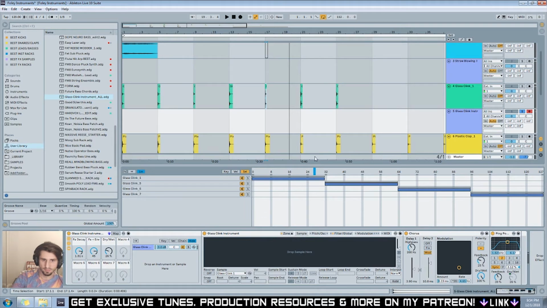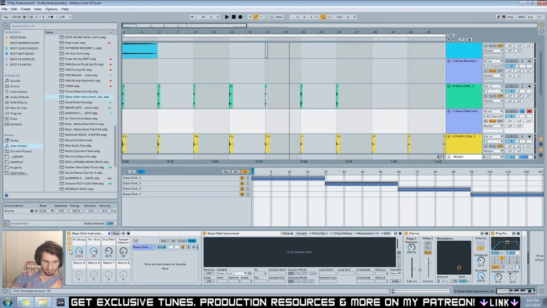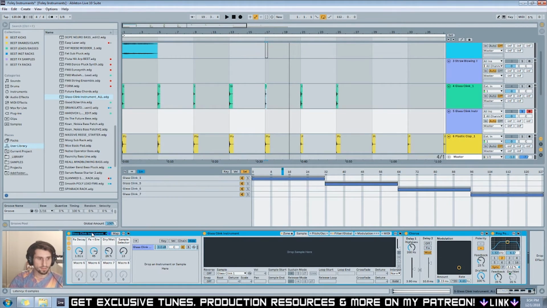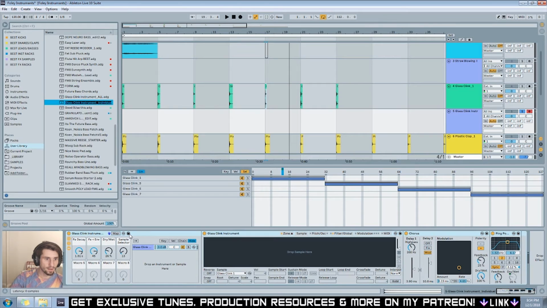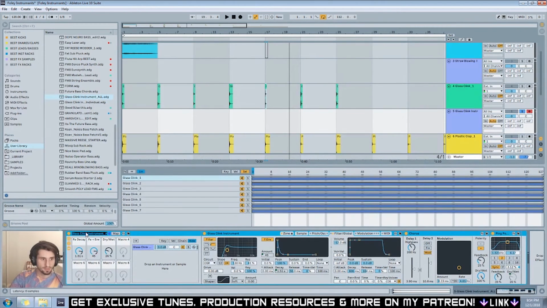Go ahead and hit distribute ranges equally again to get this back. And then right click on your chain selector here and map this to macro 4. So I'm going to rename this. Instead of saying all, I'm going to say individual and save that also. Just in case, if you want, I'm going to go back to the one that's playing